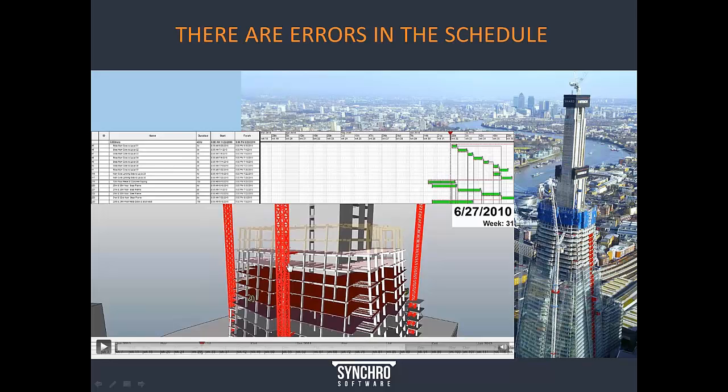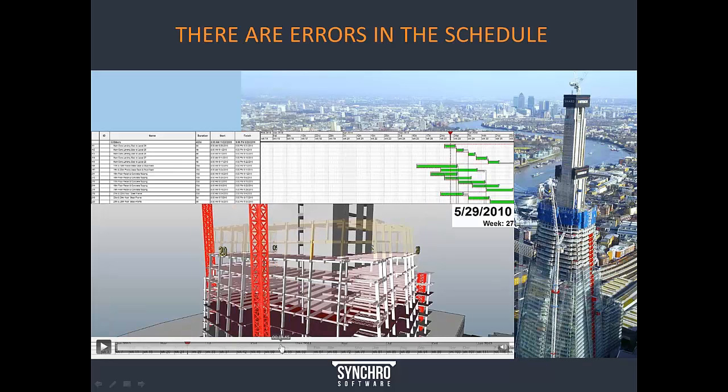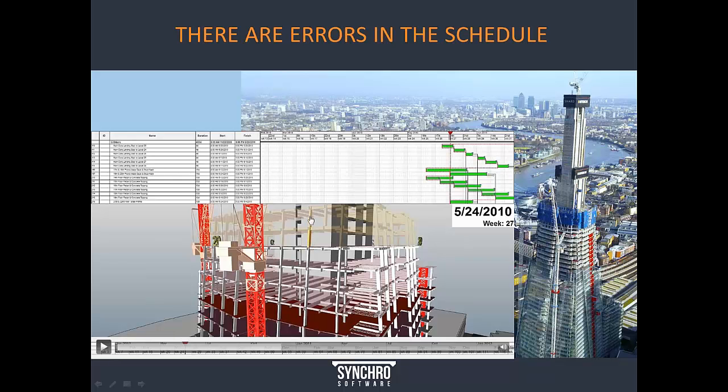And in this example here, you see that the construction of the steel at some point jumps ahead of the repositioning of the crane, or the jumping of the crane. So if this was not found, and this is a typical example of the kind of things that happen regularly on construction projects that are dealt with at the time that they happen, but they cause delay and time wasted. So in this case, the steel is jumping the crane because the activity is started earlier in the schedule than the repositioning of the cranes.